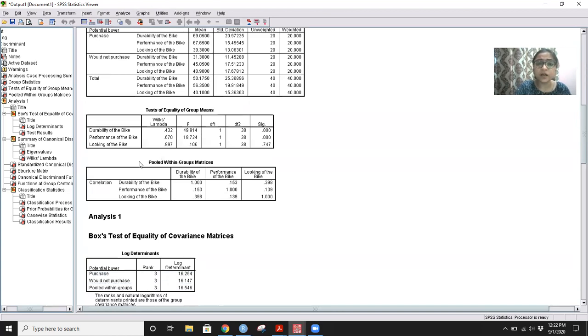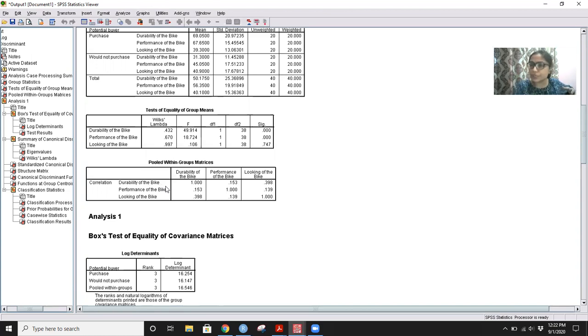Next we have the correlation matrix. Please recall, I made you understand that one of the assumptions in multiple discriminant analysis is no multicollinearity. Now this table is going to give us a sneak peek into the multicollinearity assumption.